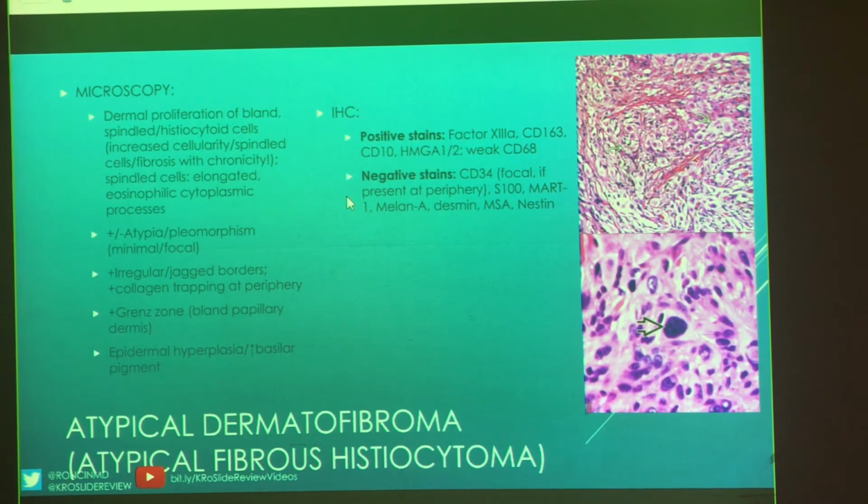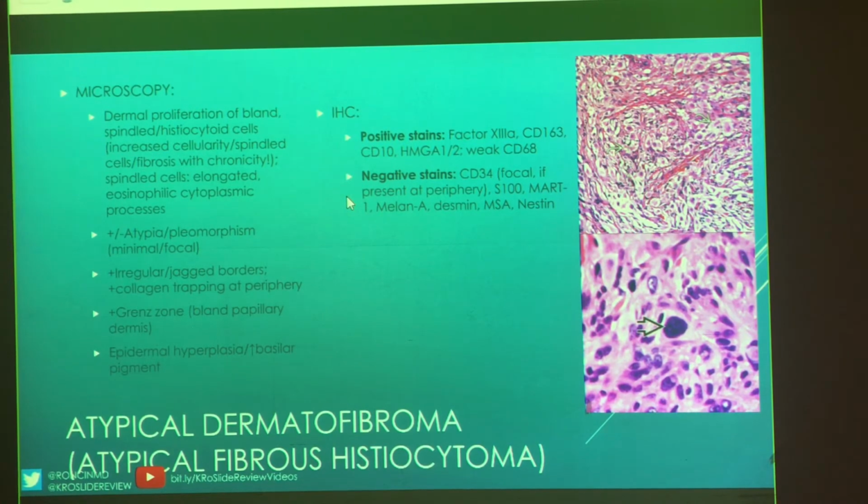On microscopy, whereas grossly we said that these are very well circumscribed lesions, microscopically they are very irregular, they have jagged borders, and what you should notice again at the borders is that collagen trapping at the periphery. If you have epidermis, and you'll be able to appreciate your papillary dermis better, then you should have this Grenz zone, which is just a very bland, almost empty or light looking area